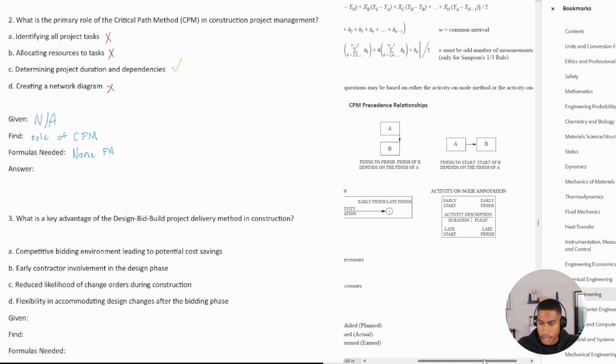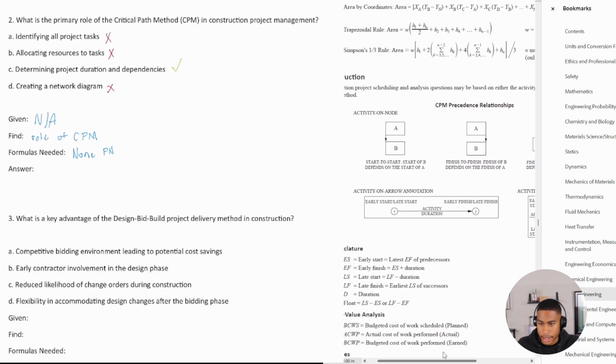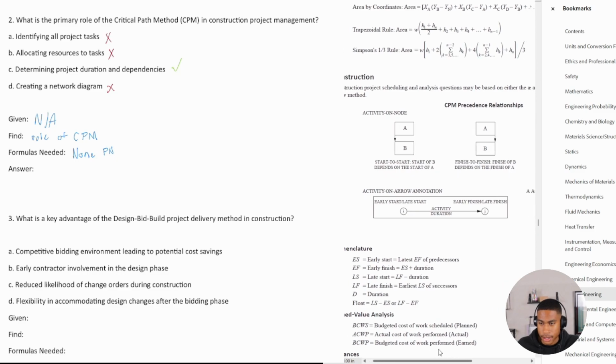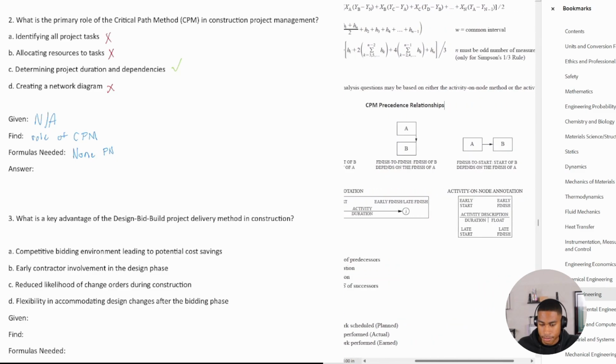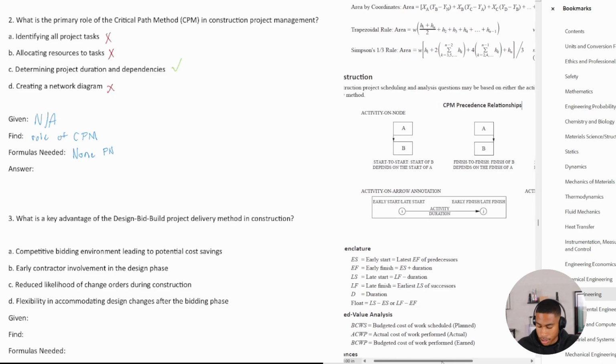But yeah, CPM, this is part of the construction engineering and understanding, okay, what is the longest duration that this project can take based upon all the activities that you have. So alrighty, let's move on